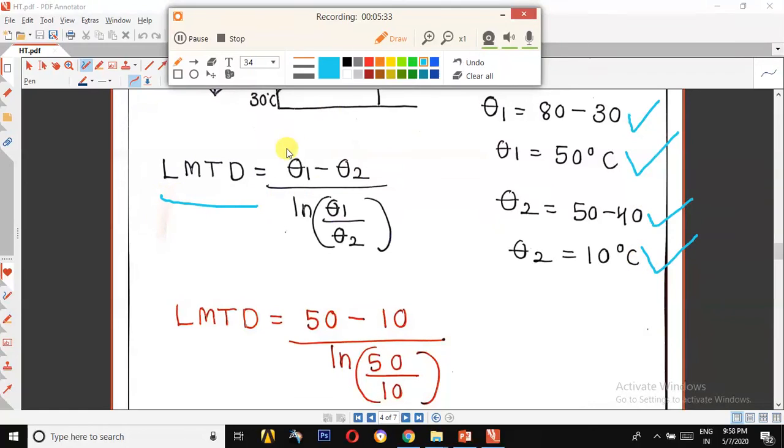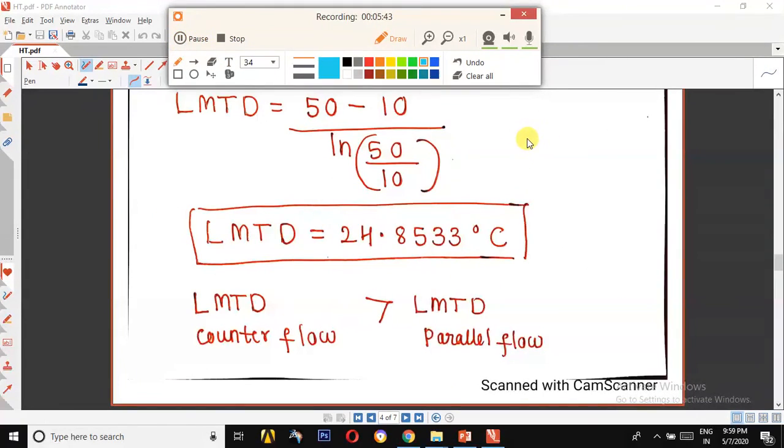LMTD is equal to ΔT1 minus ΔT2 divided by ln of ΔT1 by ΔT2. Now, all the entities are known to us. Substituting all the entities in the above equation, it gives LMTD is equal to 24.85 degrees Celsius. Therefore, LMTD of a counterflow heat exchanger is always greater than LMTD of parallel flow